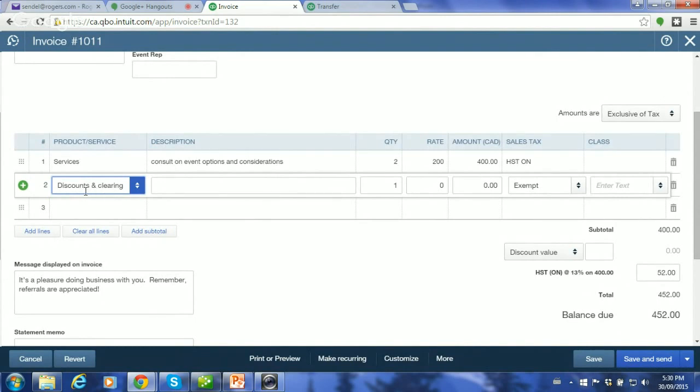I'll grab my discounts product, right, and I'll say PayPal clearing fee, just in case he goes back and sees a copy of this invoice again. And now down here on discount value, I didn't need to use a minus. I will need to use it here. So quantity 1 minus $5, and it's exempt. So I get to my 447, and I never had to remember, oh, this got changed or modified incorrectly.